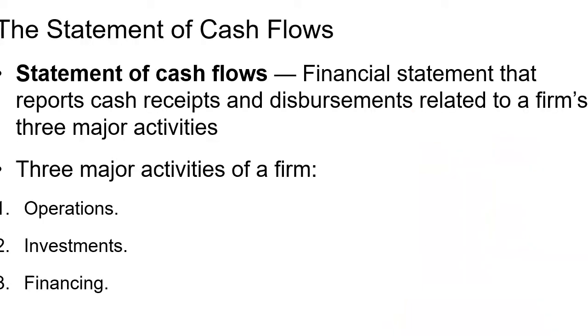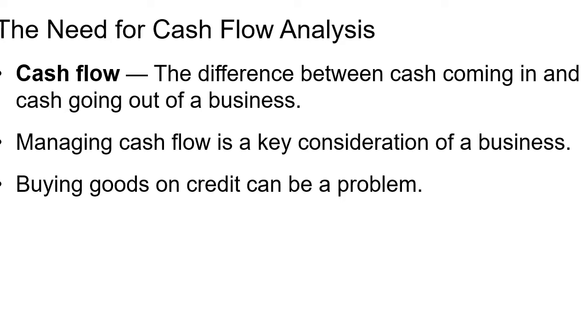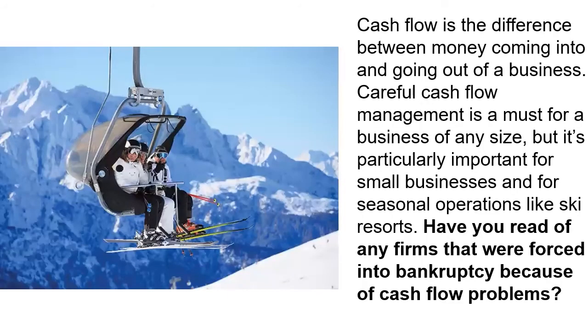Statement of cash flows: you really want to make certain that you track your cash receipts and how much you spend on 3 major activities: your operations, your investments, and your financing. Keep track of them on a regular basis, because tracking the money you have will help you determine how much money you have in case of any kind of major crisis in the organization. So cash flow management is the difference between the money coming in and going out of the business. It's huge, especially if you have an accounts receivable that really is large. You may not have enough money to pay your expenses, but you may have all this money as an asset. So you have to watch what you're doing in the process.